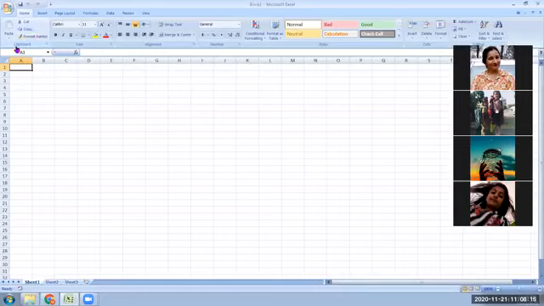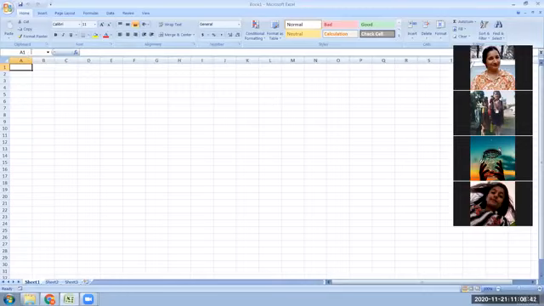Then below the ribbon you have this area. Look at this area. What is written here? Here it is written A1. Below the clipboard, A1 is written, and then there is this blue area in which fx is written, then you have this white area.